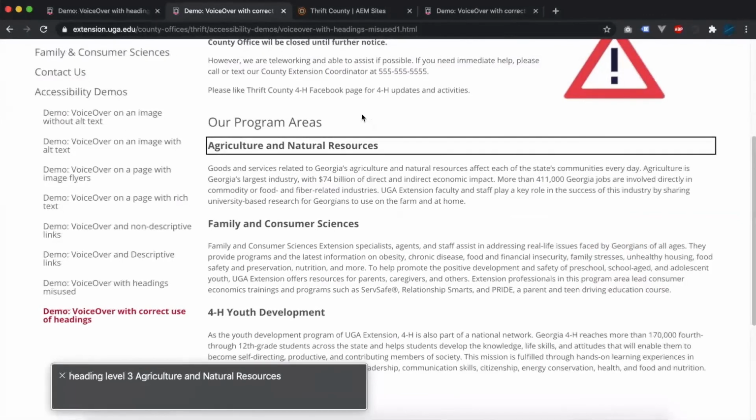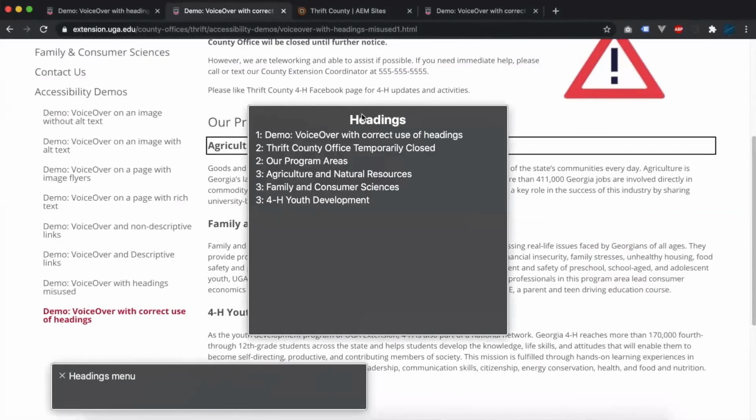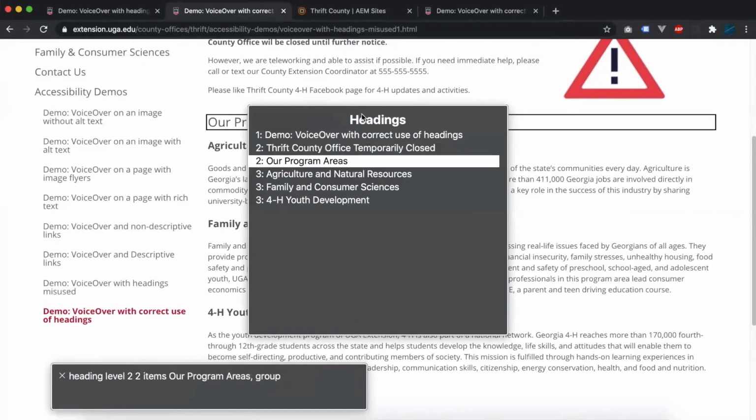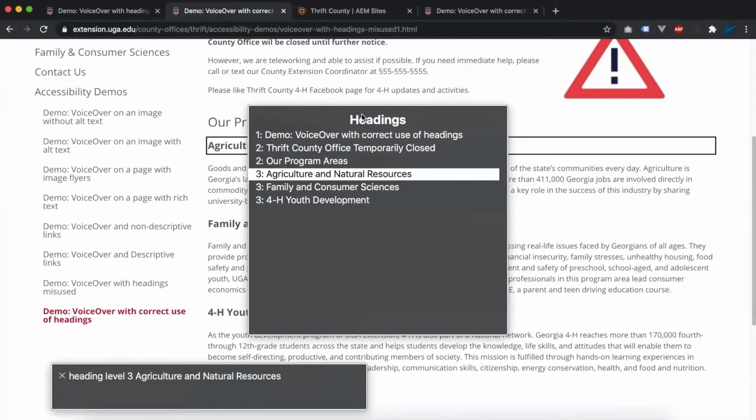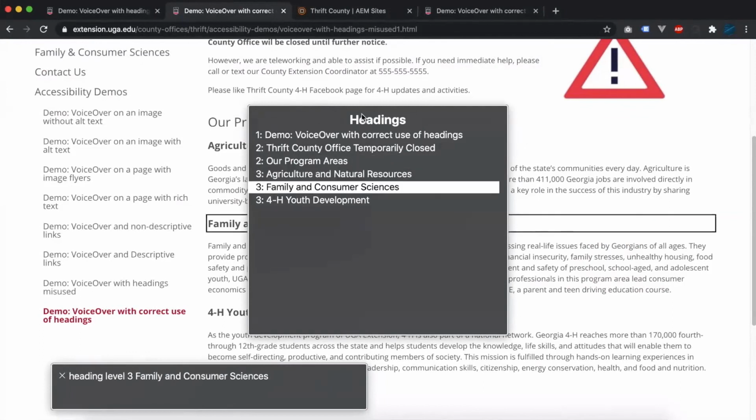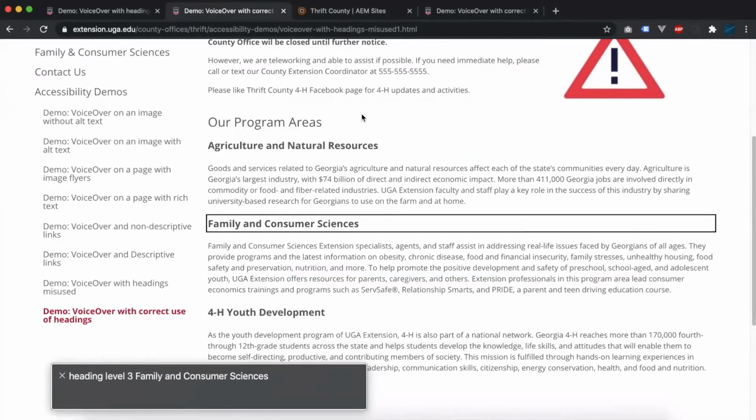Okay, so over in the rotor headings menu, with our corrections, the headings are simplified and easier to tab through. Heading level 2 items. Our program areas. Group. And I can easily figure out what the content of this page is about and skip to a section I'm interested in. Heading level 3. Family and Consumer Sciences. Heading level 3. Family and Consumer Sciences. And that's what we're aiming for, using headings to organize the content and make the page